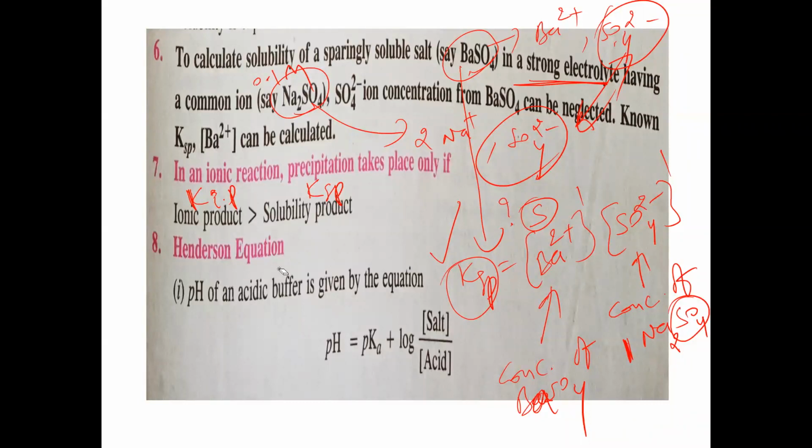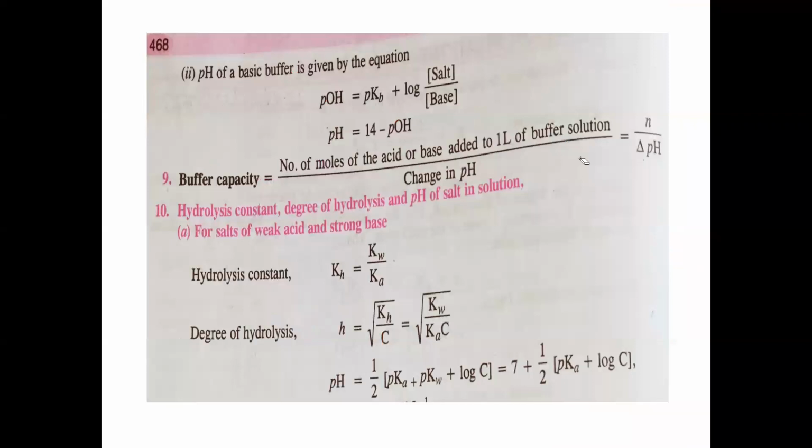And the Henderson equation for an acidic buffer: pH is equal to the pKa value plus log of salt by acid concentrations. For bases, we take pOH. For a basic buffer, pOH is equal to the pKb value plus log of salt by base concentrations. And then after getting the pOH of the basic buffer, we can calculate pH. pH is equal to 14 minus pOH. And next